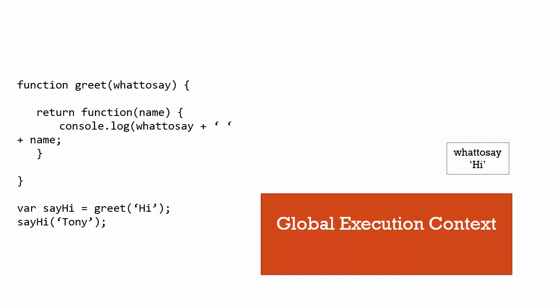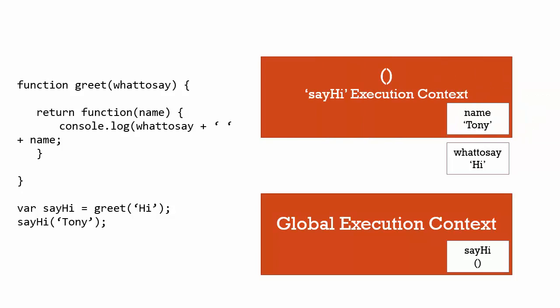All right, now we move on and we're inside the global execution context again. And then we invoke the function that sayHi is pointing at. It's an anonymous function because we didn't give our function a name when we returned it. And then that creates a new execution context. And I've passed the name variable Tony, so that will end up in its memory. But when I hit this line, console.log, when its code is invoked, and the JavaScript engine sees the whatToSay variable,